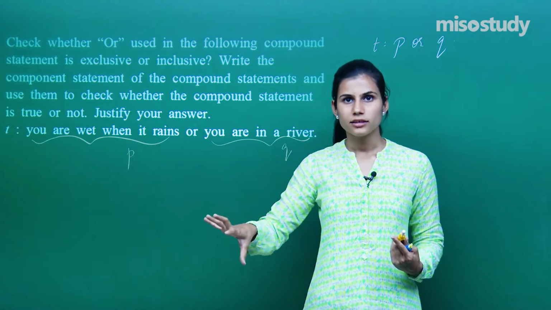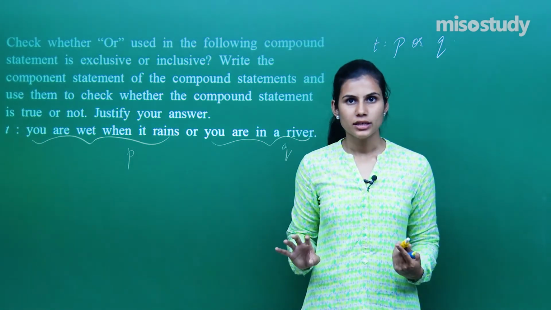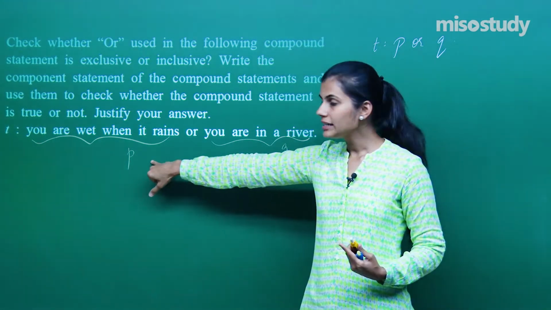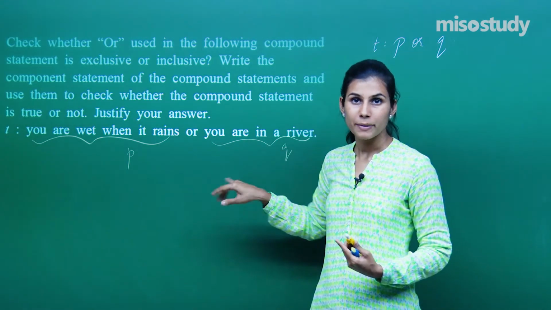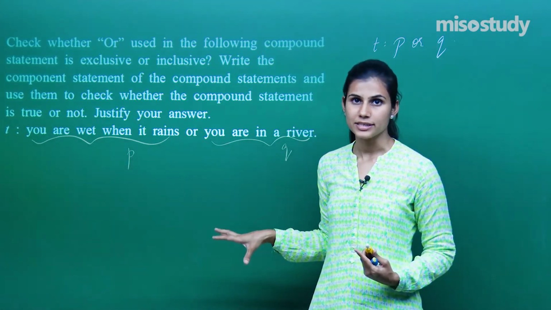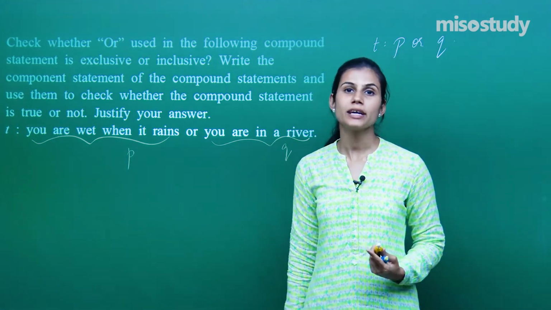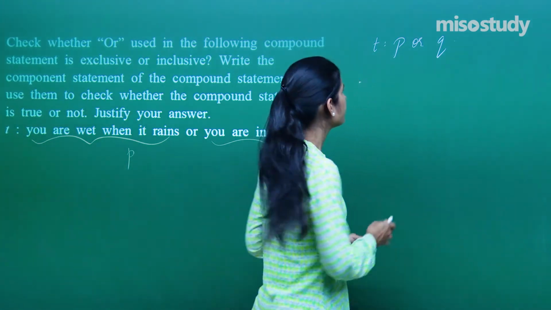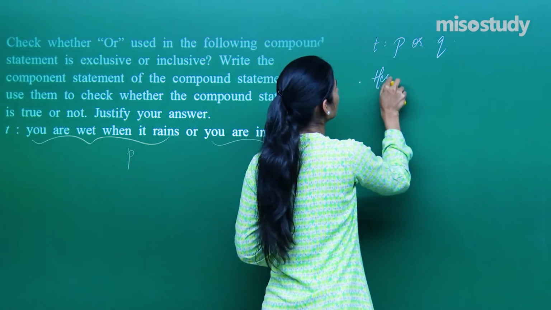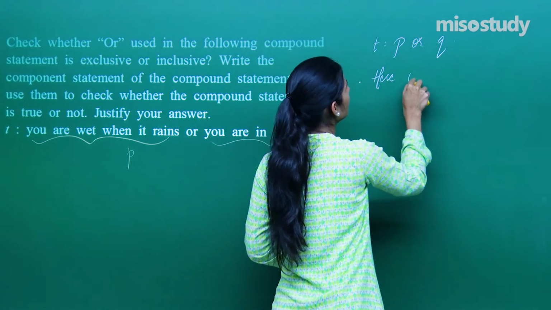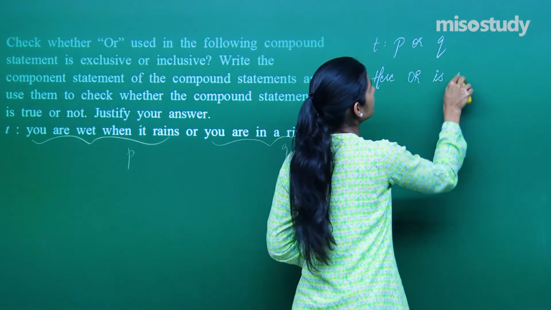It's not exactly one of P and Q, right? It's not like P is true or Q is true but both are not occurring simultaneously. But here even when both occur simultaneously you are bound to get wet. Therefore here "or" is inclusive